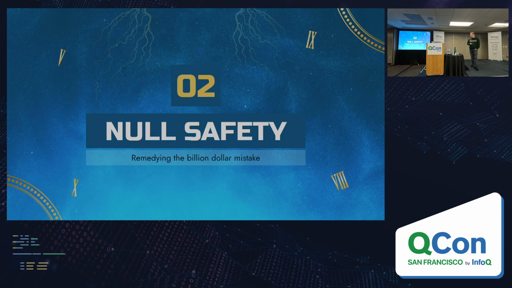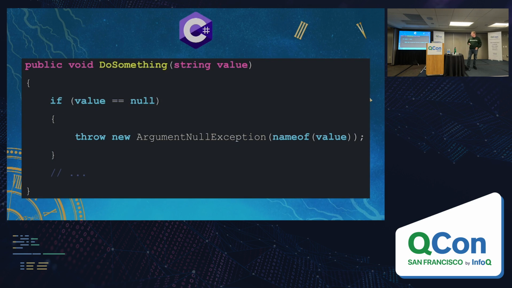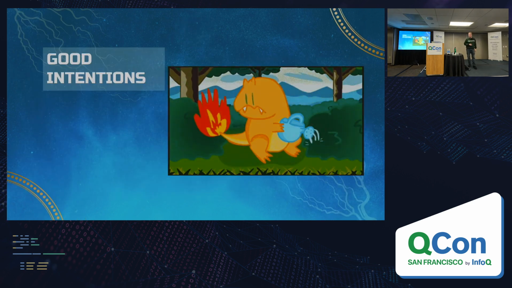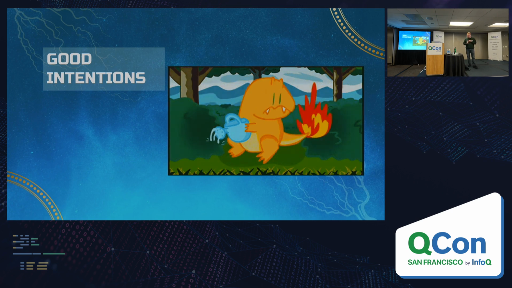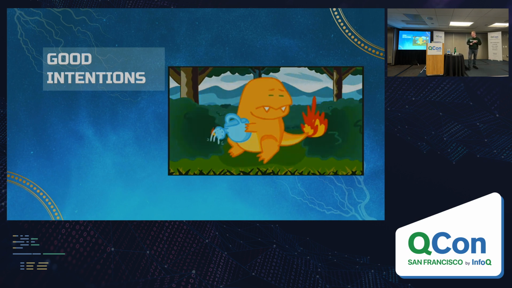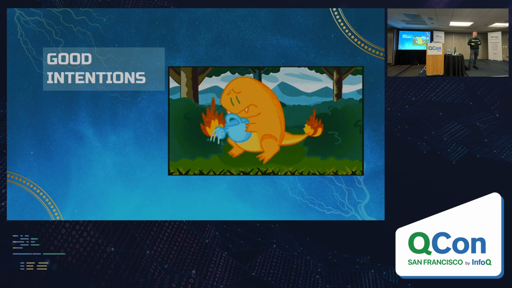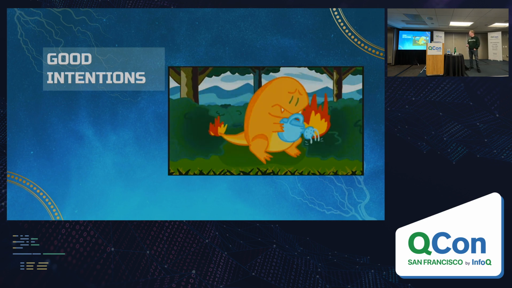The second one I'll talk about is null safety. And you've probably all heard the phrase about this being the $1 million mistake in programming. If you've written any Java, you're probably really familiar with this pattern where every time you write a new function, there's 15 lines of boilerplate checking all the arguments for nulls up front. Same thing in C#. These are, again, relying on good intentions, right? The first thing is you're relying on your developers to remember to put all those null checks into place. But even worse, if they do put the null checks into place, it's still a runtime error that's getting thrown. So you're still subject to the same kind of bugs that led us to the alligator timeline, right?